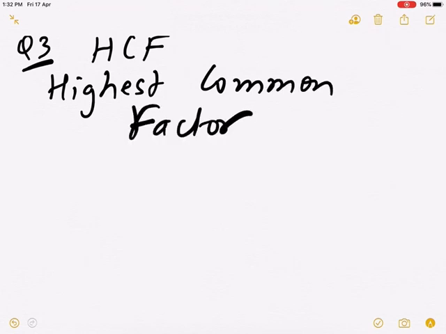and highest common factor means if we are given 2 or more than 2 numbers, we see what are all the factors of those 2 or more than 2 numbers, and then we find out common factors, all the common factors, and then we see whichever is the greatest among all the common factors. आप सारे factors निकाल लेंगे दोनों numbers के, और फिर देखेंगे कि उनमें से सबसे बड़ा common factor कौन सा है, and the biggest common factor will be known as the HCF of those two numbers. Again, HCF can also be calculated using the prime factorization method, and the other method